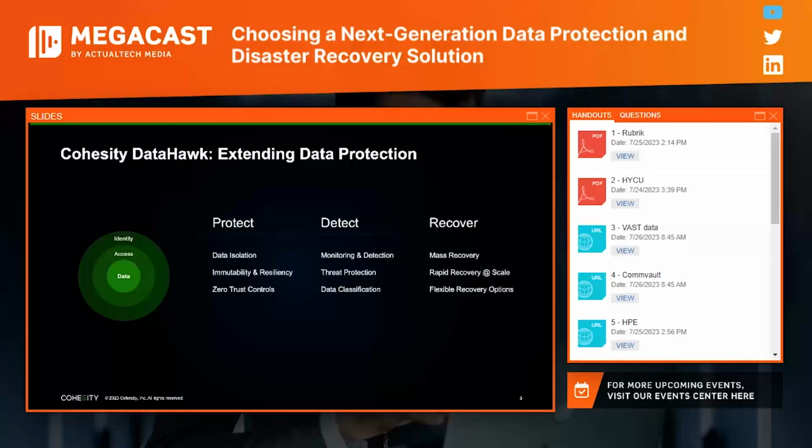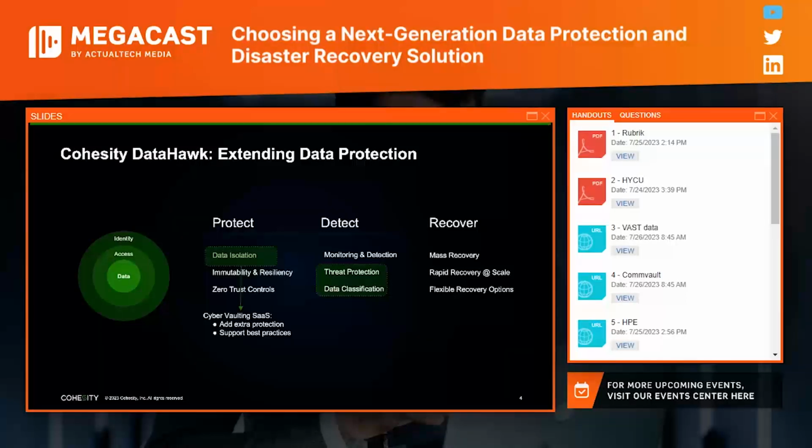Now we're going to dive a little bit deeper on this concept later in this session, but let's dive deeper on how DataHawk extends data protection, taking a look at the following features. During the protect phase, Cohesity offers 3 ways that you can set up protection, including data isolation. This feature allows you to keep an immutable copy of your data until needed, which is also known as cyber vaulting.